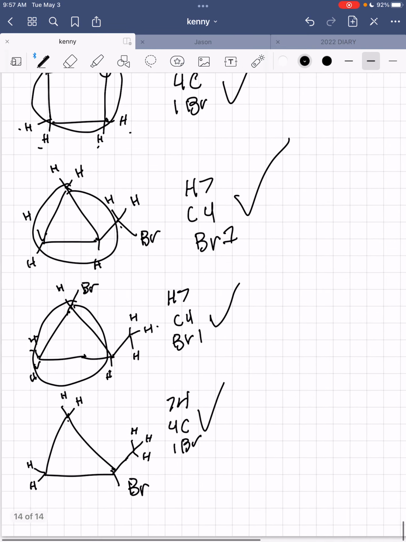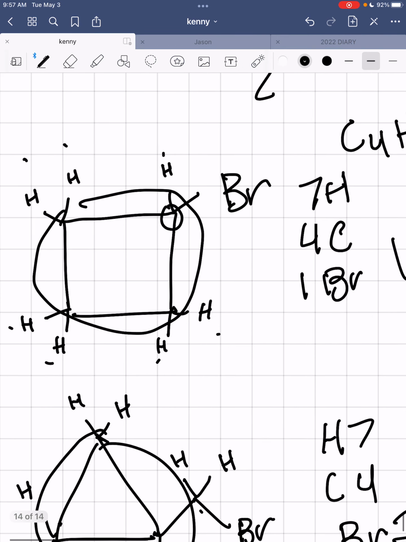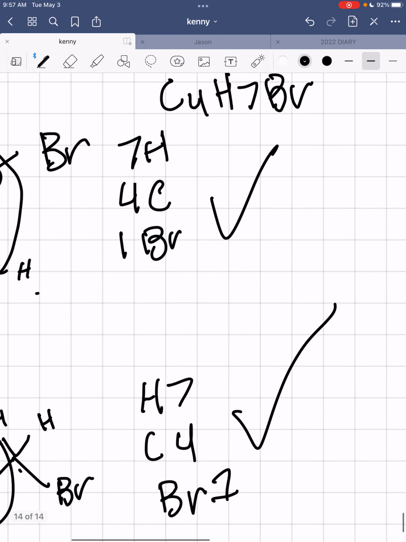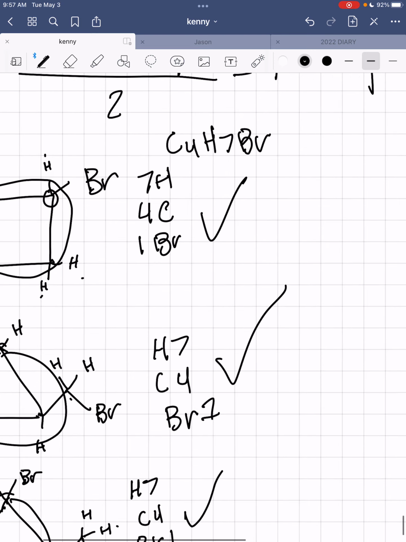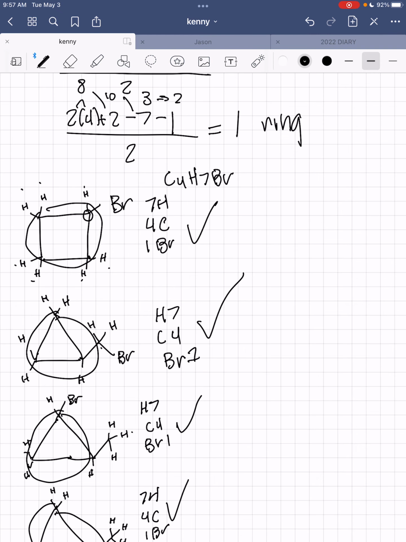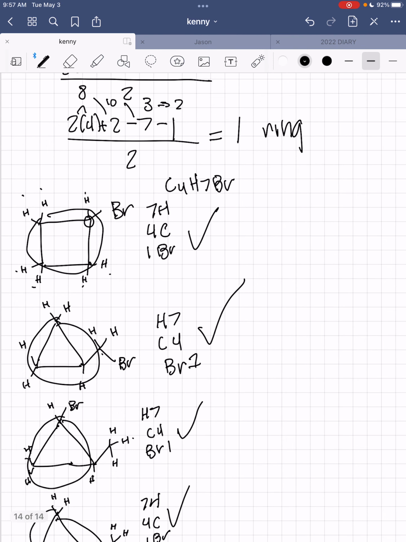And whenever you do that, you should just circle the ring, so you don't have to rename or repeat those atoms in its name. If that makes sense. So now we just need to write down the parent name once we have that. So there's 4 carbons, and make sure you remember